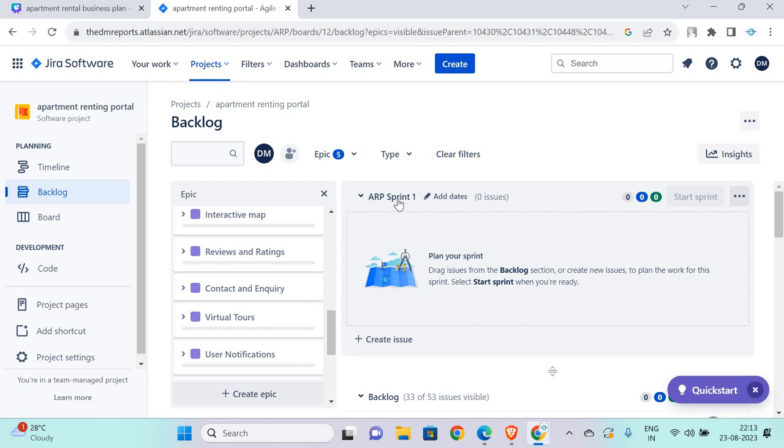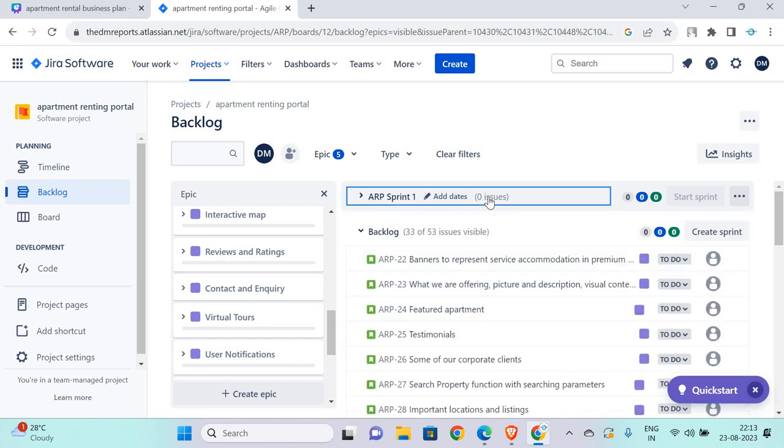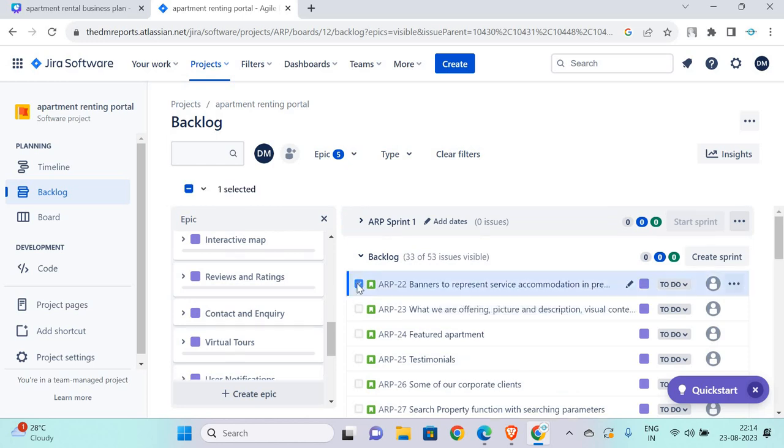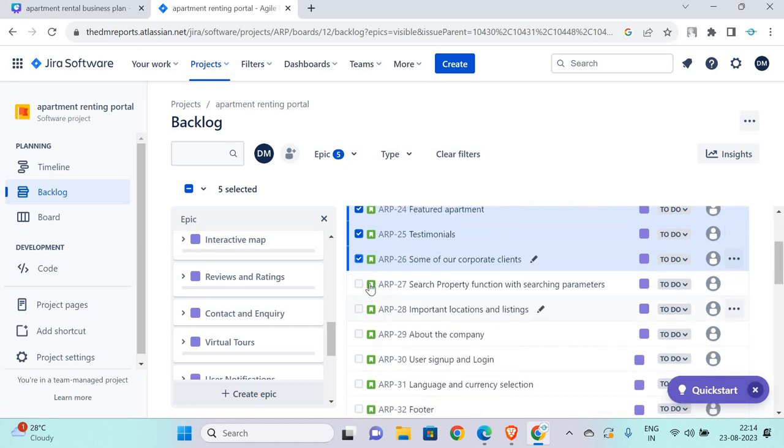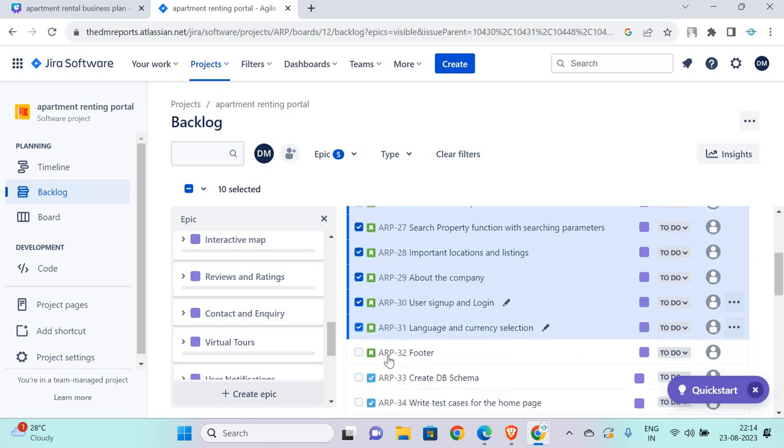Now to start a sprint of 2 weeks timeline, we can go to sprint number 1 and select the stories we would like to achieve in the sprint 1 goal. So say in the first 2 weeks timeline, we would like to achieve the homepage, and we will start with these banners, what we are offering section, featured apartment, testimonials, some of our corporate clients, search property function, important location and listing, about the company. So all homepage related items I am selecting,